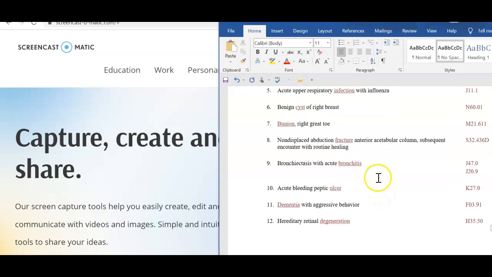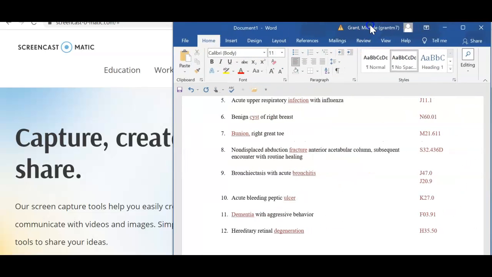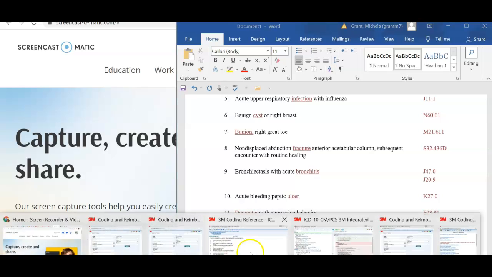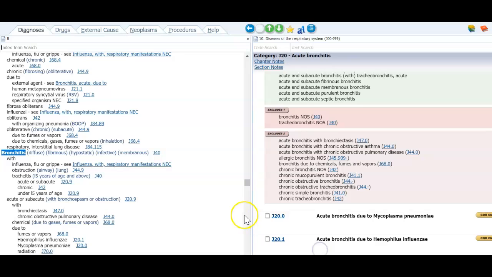Okay, I'm going to pick up where we left off. I have the bronchiectasis with acute bronchitis. So the thing here, I'm going to look under acute bronchitis first. This one's kind of tricky. So let me pull up my code book. So if I go under bronchitis, and we know it is acute, which is with the bronchiectasis is